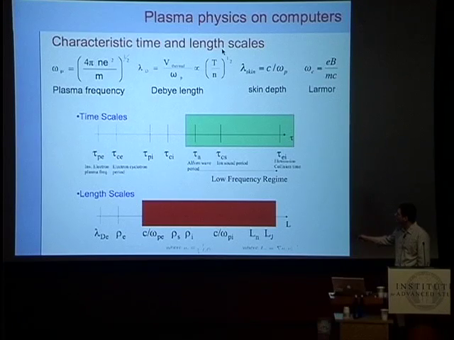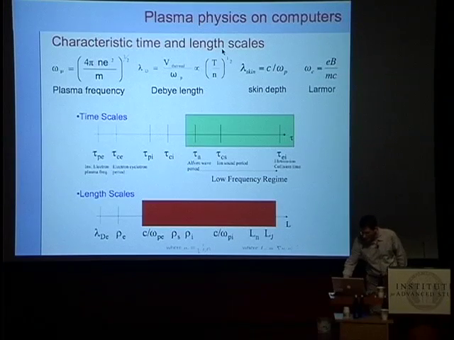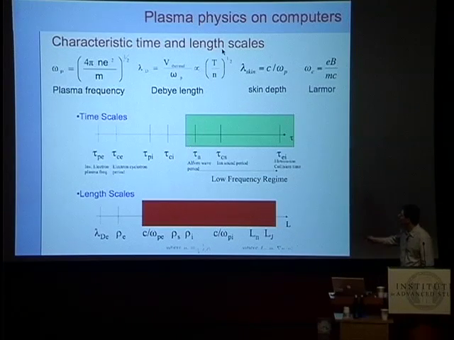Okay? Then the ions come in. So the ions are obviously much heavier, so their time scales for plasma oscillation and the gyration are longer. So here they are. And then we go into various waves that can propagate in the plasma. So Alfvén wave, or the ion sound wave over here. So this is a typical ordering for these